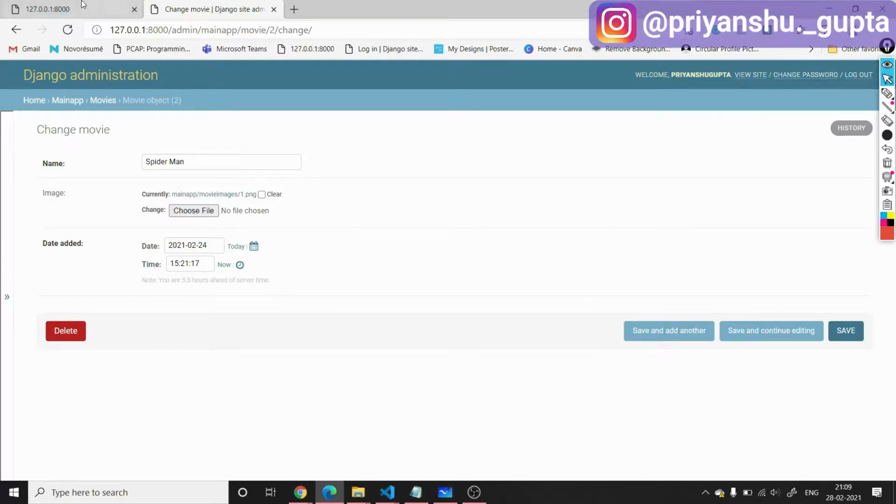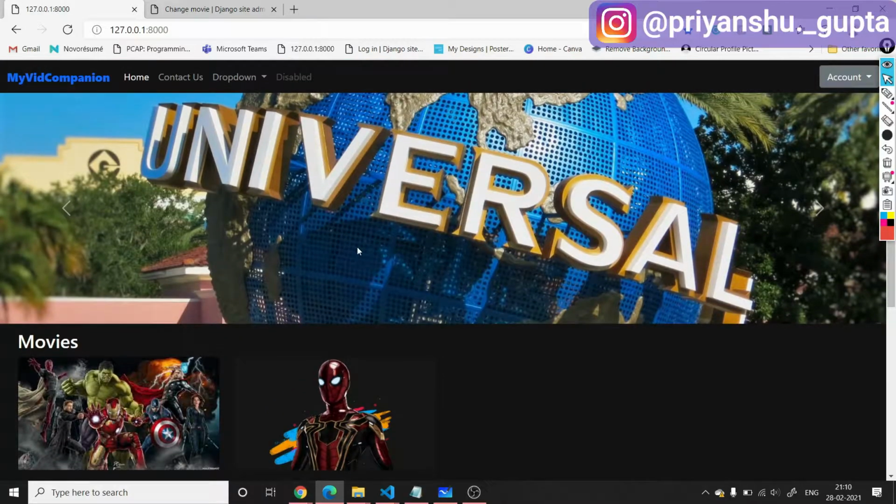This is the difference between static and media files. And what are static files? These are basically what a developer adds the hard-coded URL for, wherever they are stored on the server or anywhere in the code, in the HTML file, so that they can be served on the client side.